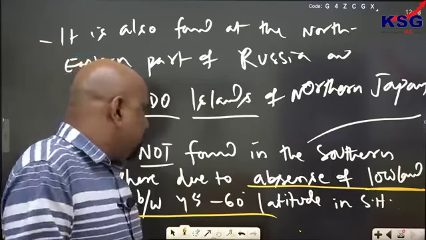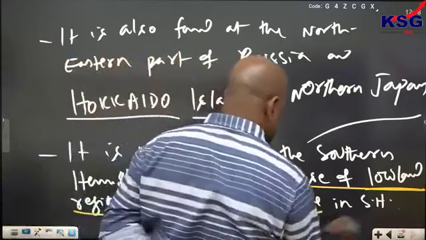Absence of lowland region between 45 to 60 degree latitude in southern hemisphere।